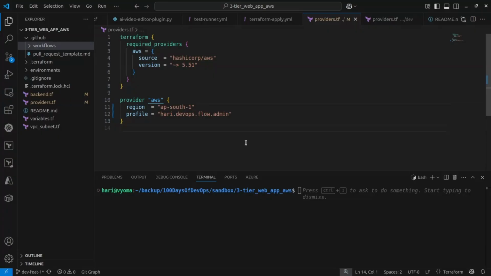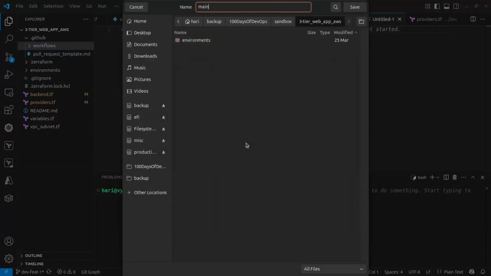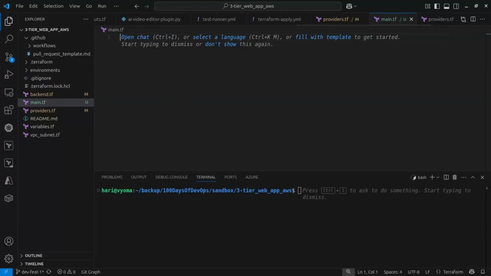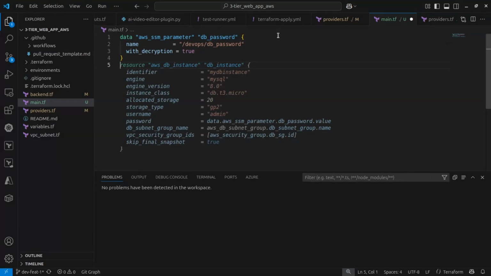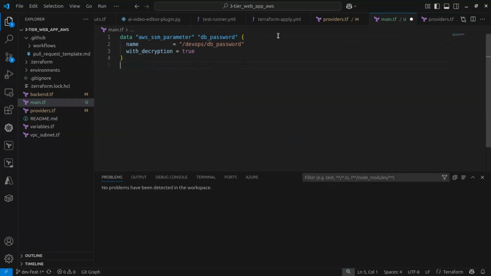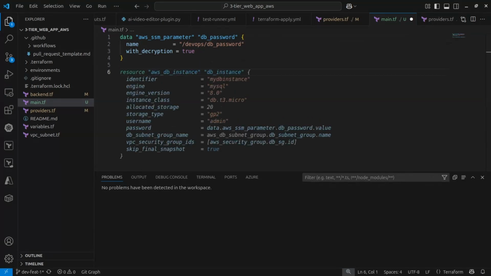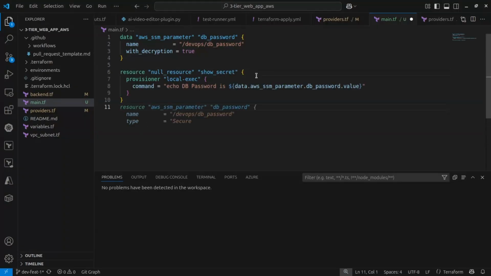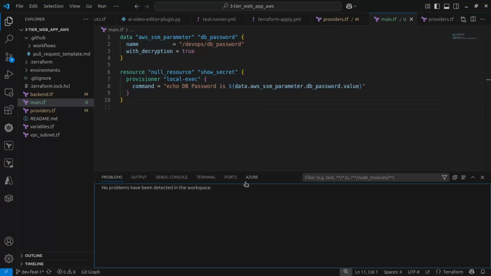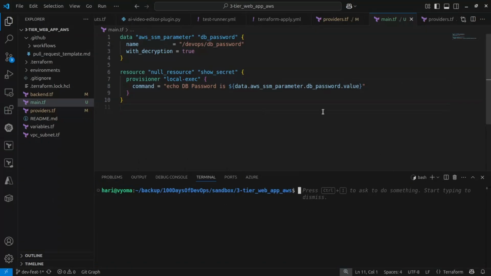I'll just create a new file over here with the name main.tf. main.tf is basically for when I want to use only this parameter. I don't want any other parameter to be configured, and I just want to echo this value. This is just for demo purposes. So what I'll do, terminal, here we are, and let's just